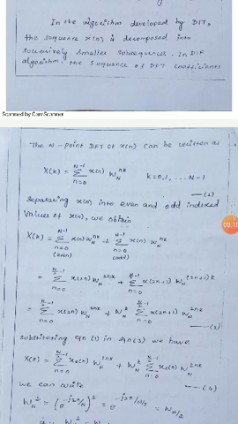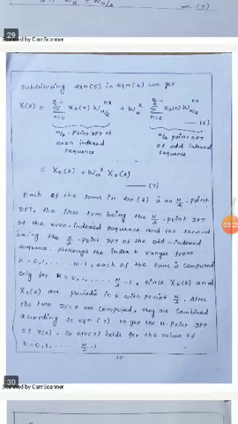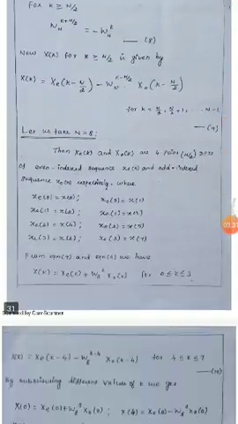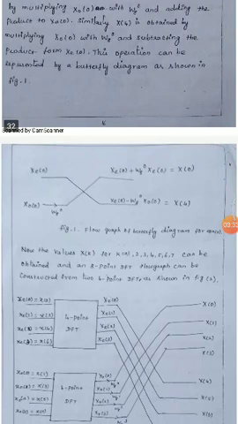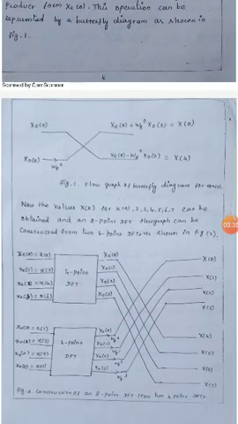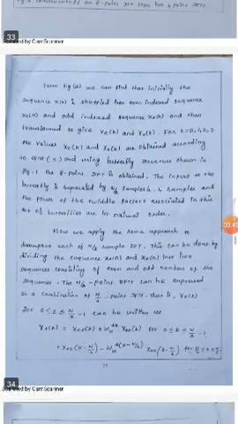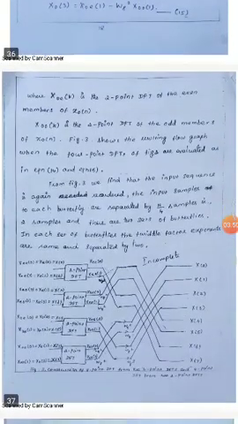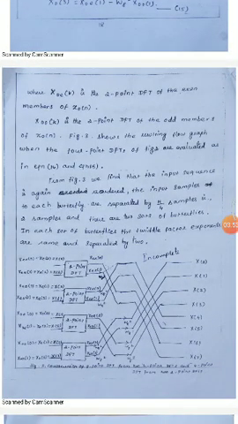The n-point DFT can be represented as x of k equal to summation n equal to 0 to n minus 1 x of n omega n power n k. Likewise we substitute the values to find the DIT and DIF algorithms. So this is a representation of 2-point DIT. In DIT, x of n is split into odd numbers and even numbers. Here 4-point DFT and 8-point DFT are available. I will show the methods and how to represent the values.